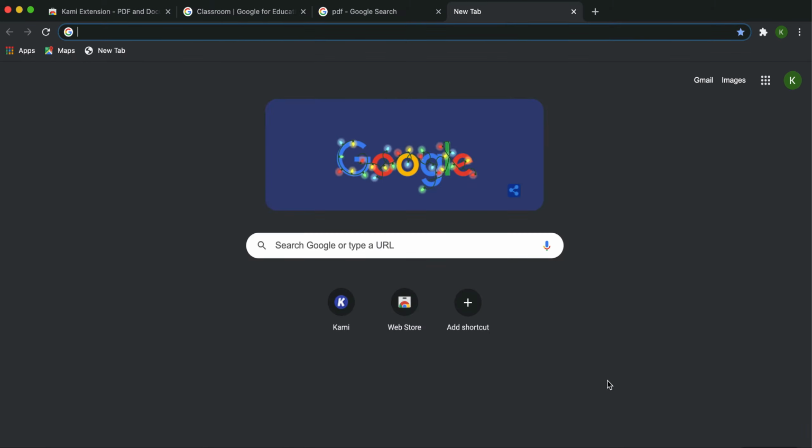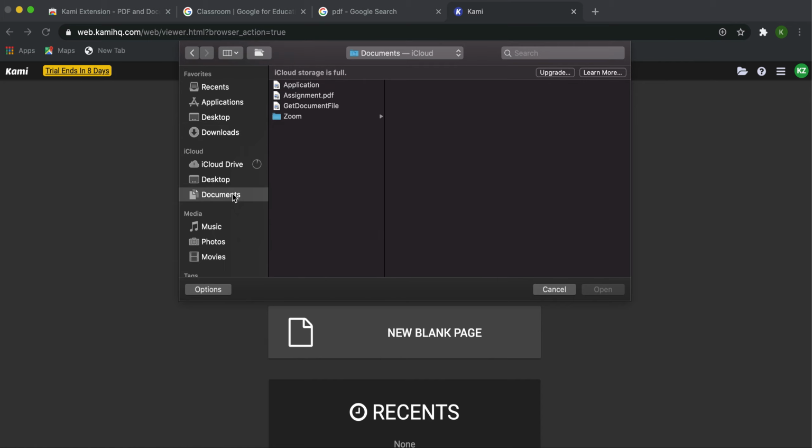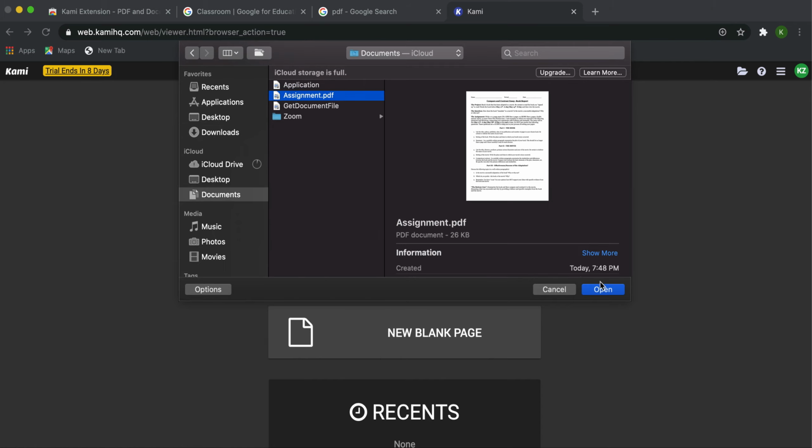Okay, Kami extension is on my computer right now, and it is bookmarked here. To open a PDF file through Kami extension, I just click on Kami. The assignment is a PDF. It is on my computer, so open from computer. It is in documents, assignment PDF. I click on this,